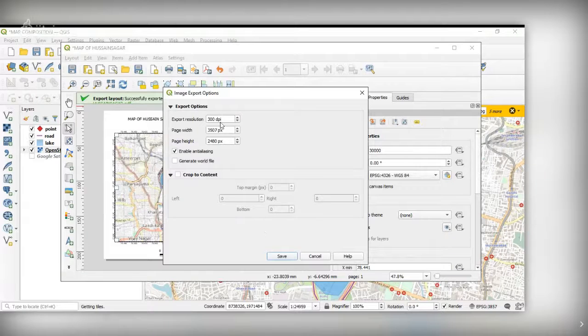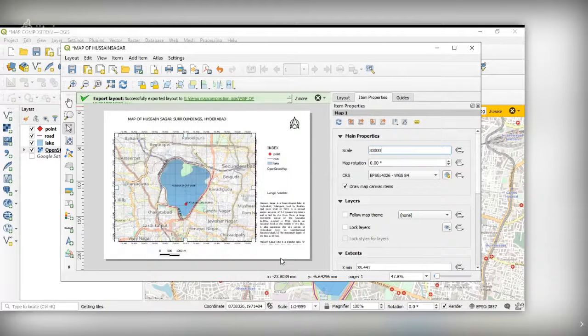Export resolution is also asked. The default is 300 dpi, but you can decrease or increase it, and save. So that is all about the map composition part in QGIS.